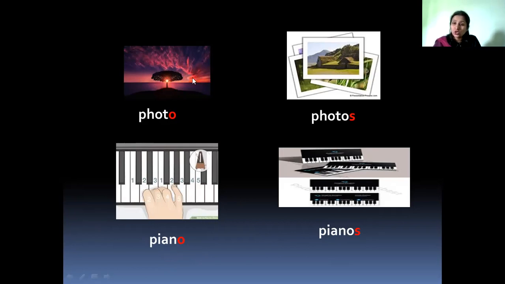But these are the naughty words. They don't follow the rules. So the rule says if the word ends with the letter O, join ES. But here we cannot do this, because these are naughty words. They don't follow the rules. So we have to join S and make the plural form. Till here we learned day before yesterday. Okay, hope you understood it well. It's so easy. Now we will see our next rule.